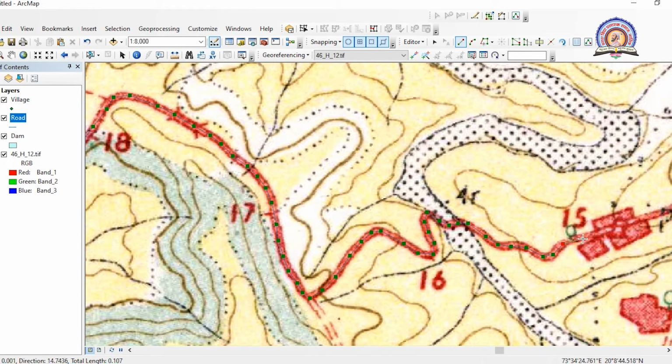And now you can see that this road feature is merged with a settlement feature. So in this case we have to be very careful from where a road is passing, and accordingly we have to select.